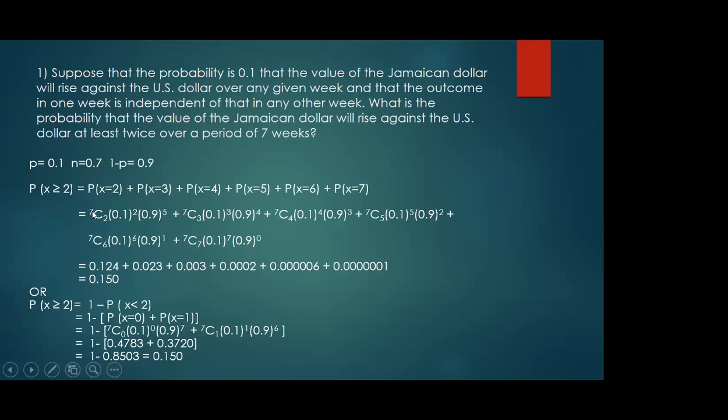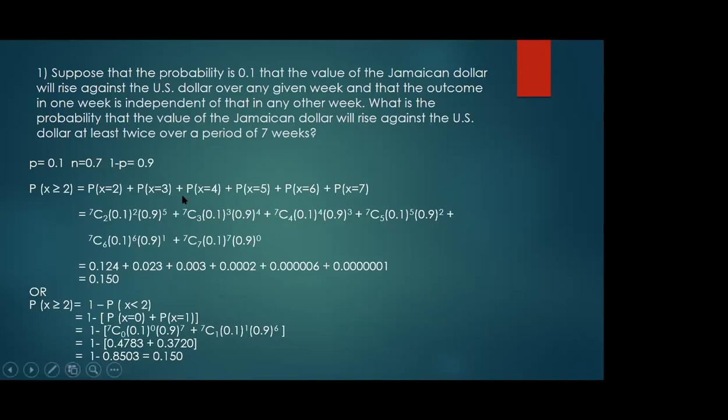So 7 choose 2 times 0.1 raised to 2 times 0.9 raised to 5, which is going to give us 0.124. The probability of x equal to 3 is 7 choose 3 times 0.1 raised to 3 times 0.9 raised to 4, because 7 minus 3 is equal to 4,